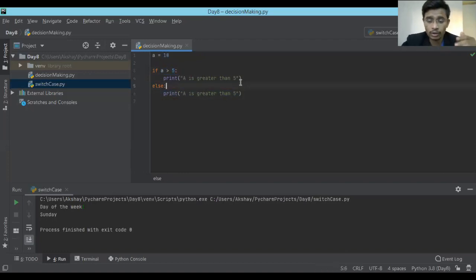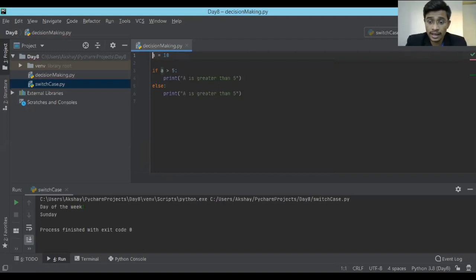Now on day 1 or day 2, I remember somebody asked why there is indentation in Python and not curly braces like Java. In simple words, it's a syntax, the way that Python writes its code. In other programming languages there will be a data type over here, but in Python there is not.